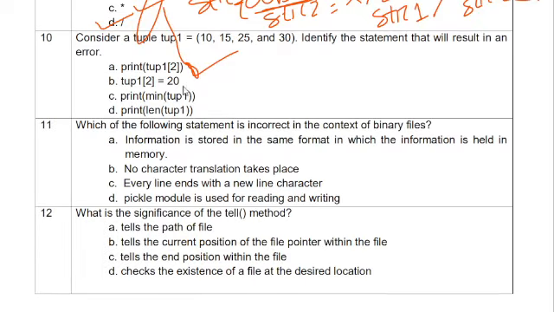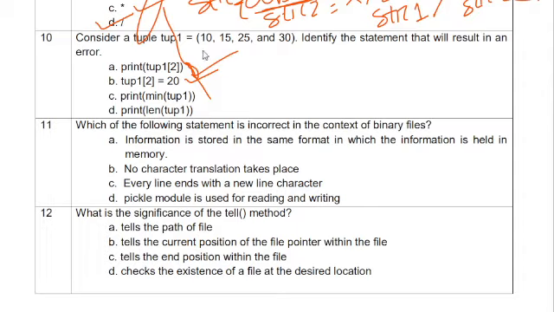Then tuple1[2] = 20. It will give an error. There is no such indexing technique or statement like this, because tuples are immutable. Tuple1[2] is what? 25.